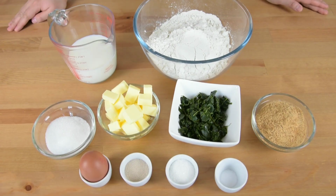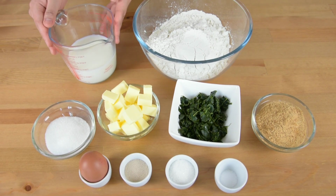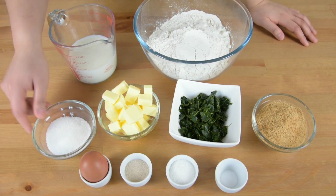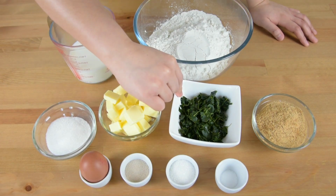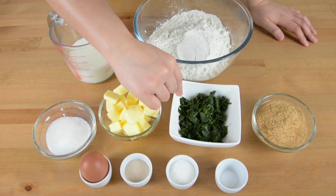The ingredients that we will need are 3 cups of bread flour plus more for dusting, 1 cup of fresh milk or evaporated milk, 1/4 cup of white sugar, 1/2 cup of softened unsalted butter, 1 cup of malunggay leaves or moringa leaves. I'm using frozen malunggay leaves here, so I have defrosted them first and drained them,